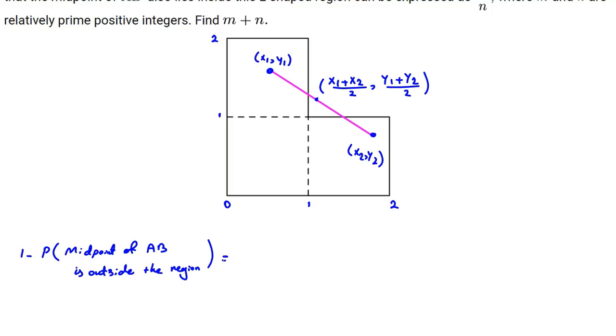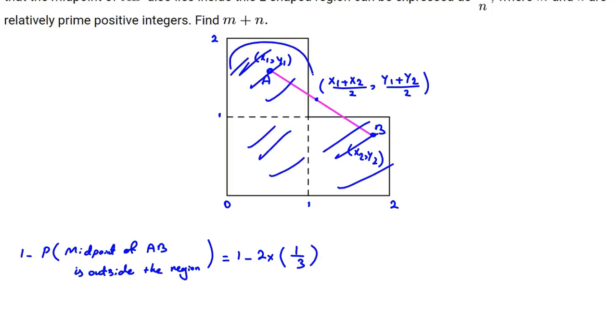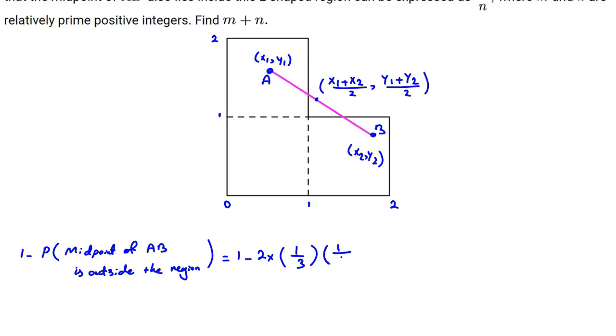So we say it is 1 minus, for example, suppose A is here, B is here, and vice versa. So we have two cases because AB or BA. The probability that A is here is 1/3, because we have three parts with equal areas. If A is here, it is 1/3, and for B also we have 1/3. This part is AB or BA, the two first ones, A in the region, B in the region, and then times the probability of